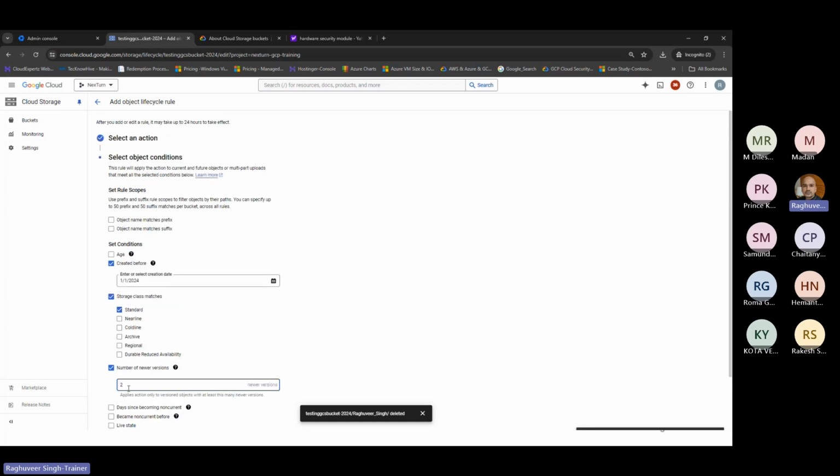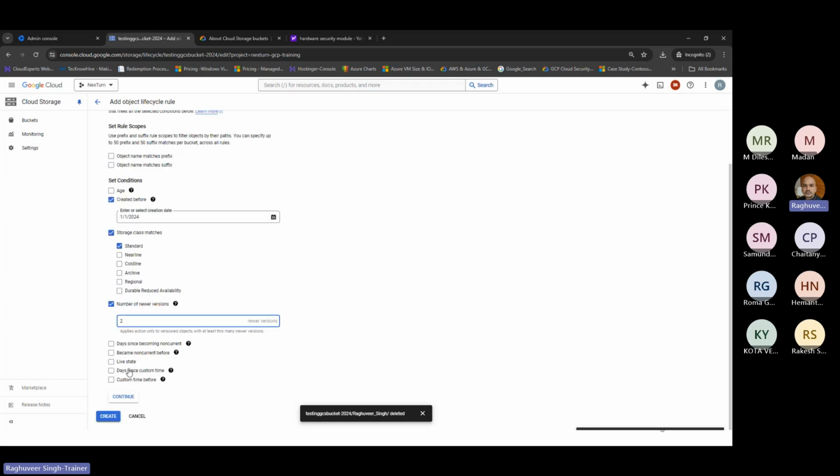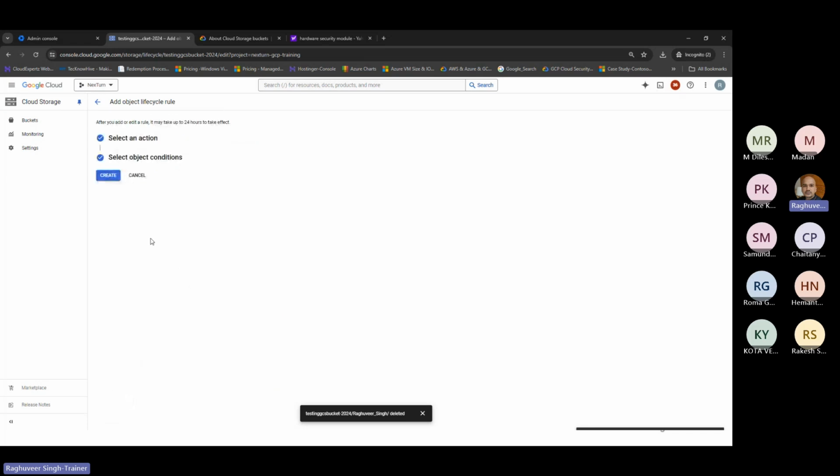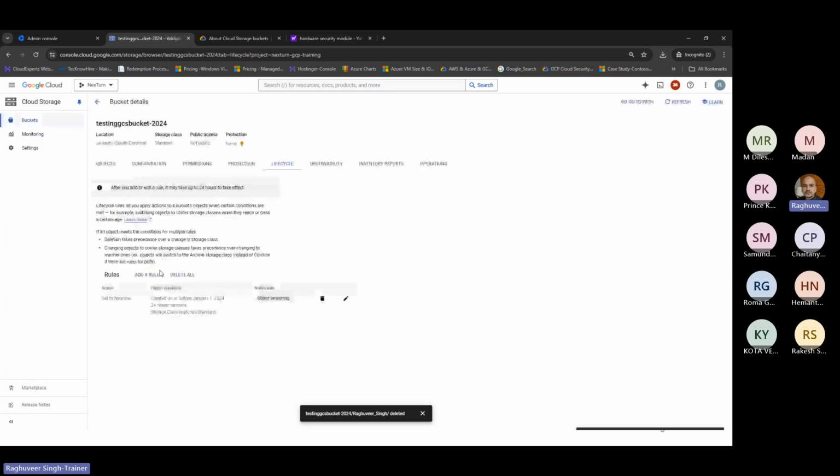So these are my conditions. After I select my conditions, I can click on continue and I can create this rule. What this rule is doing, this rule will now move objects to nearline storage on this condition, which is